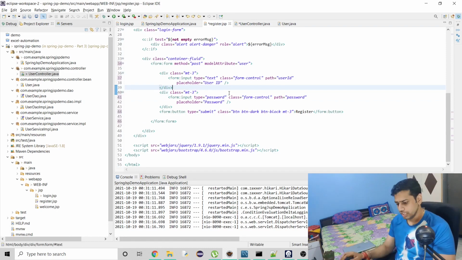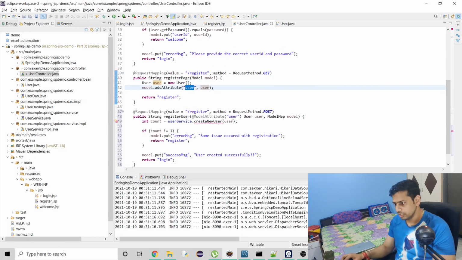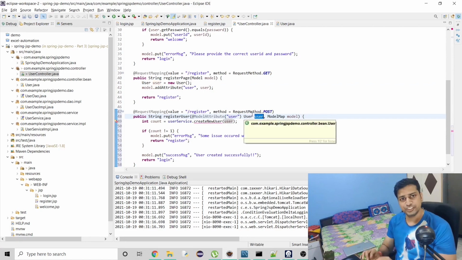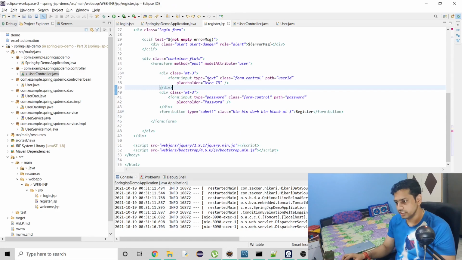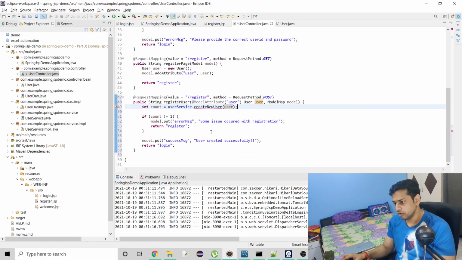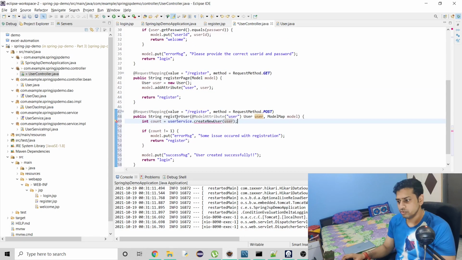That's it. So now when we hit submit, the user controller is going to get a model attribute of type user, and here we have the value of each and every variable which we entered in this form. When we have that, we have to do the insert query. For that we have to do some changes.